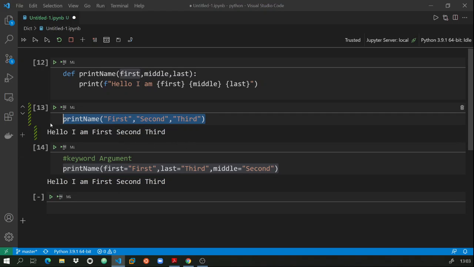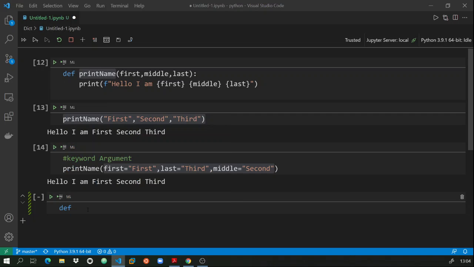Here we have passed in order. Here we have passed not in order, but using the keywords. So this way we can use the keyword concept to pass values to a print function. This is helpful because we don't have to remember the order in which the arguments need to be passed. Now, one more example: suppose we have to pass multiple keywords to a function, how can we do that?